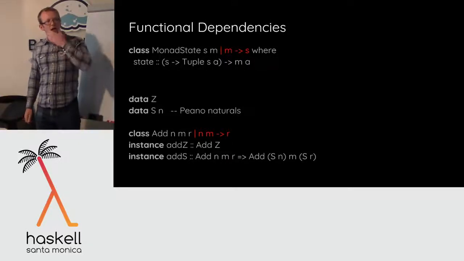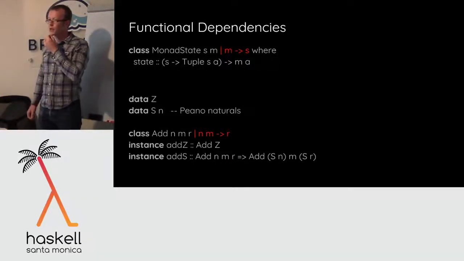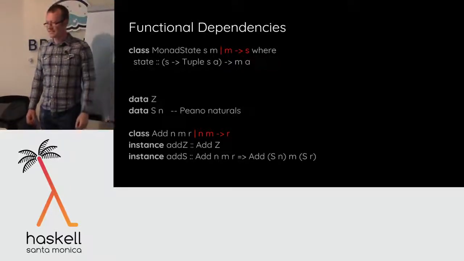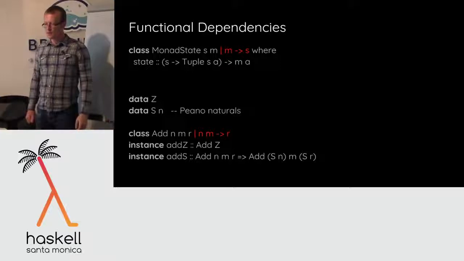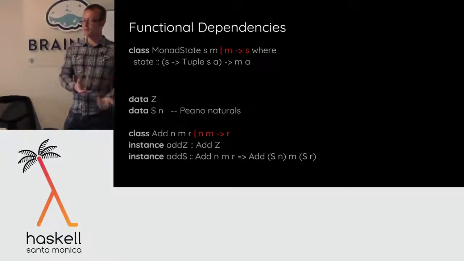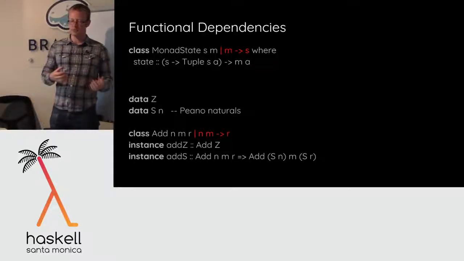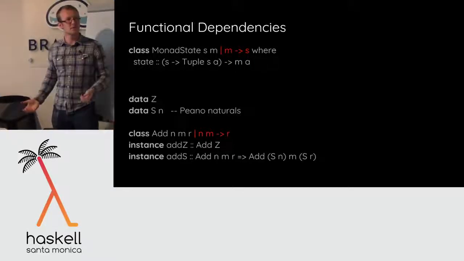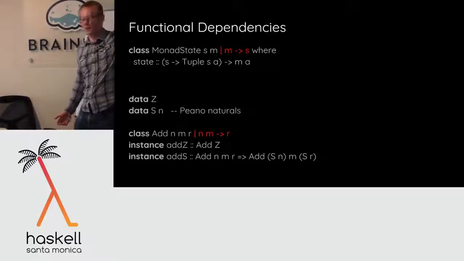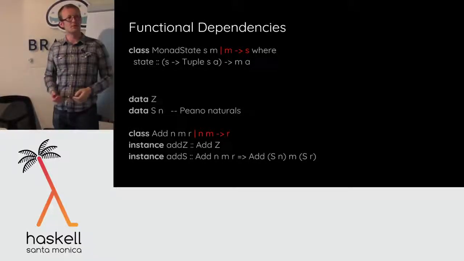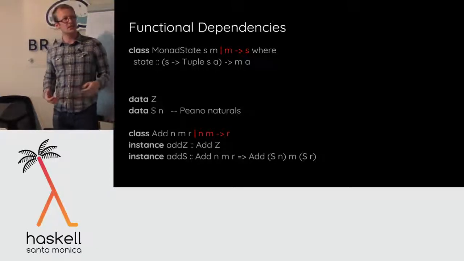So if type classes are like predicates on types, right? Then if I allow myself multiple types, I gotta parse that. Type classes are like predicates. Okay. So we said like the Eq type class is like a predicate, right? Like a type may or may not have decidable equality. Well, the generalization of a predicate on a type is a relation on multiple types. So if I allow myself multiple type arguments here, then I can talk about relations between types and between type constructors and things like this, okay?